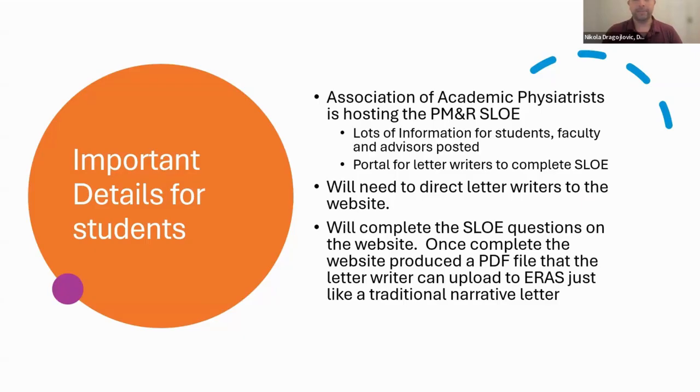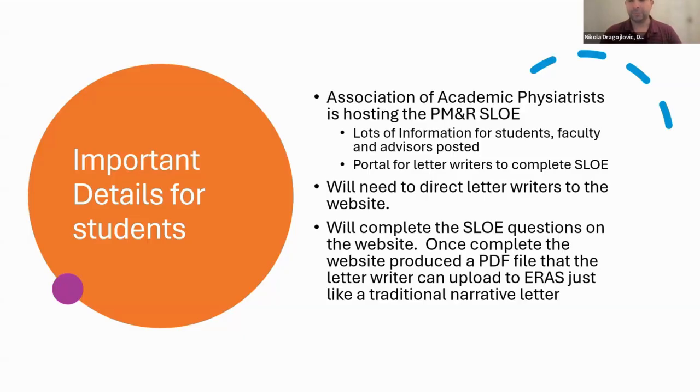And so, I think if you're going to have more than one letter of recommendation, having another SLOE is great, right? I think if you performed well and you performed similarly, the SLOEs should echo each other. But if for whatever reason you're working with a different person who's not familiar with the SLOE and that happens to be a narrative letter of recommendation, that's fine too. We want you to get one.